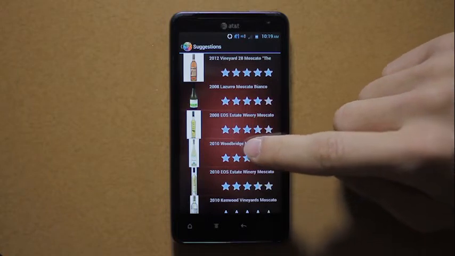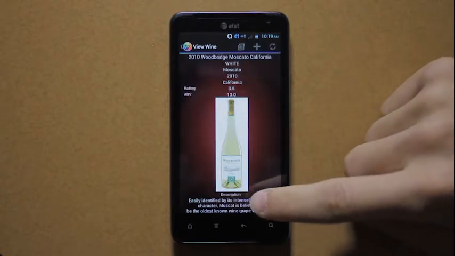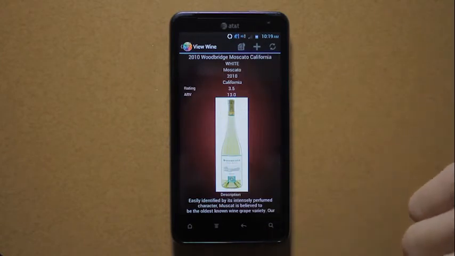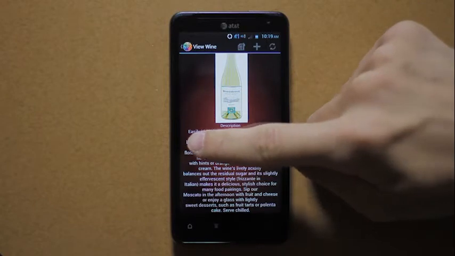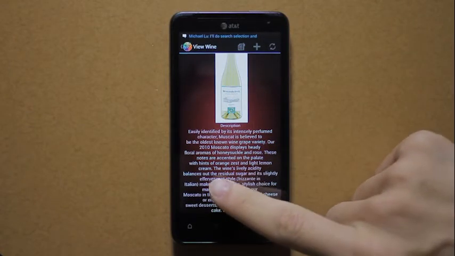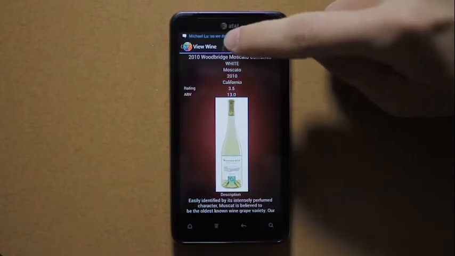Woodbridge Moscato 2010, 3.5 stars. Let's click that. 13%. That's how I like it, a little higher. Alright. In the descriptions, you can read about this wine. Honeysuckle and rose, orange zest. Oh, perfect. And let's go into the comments and see